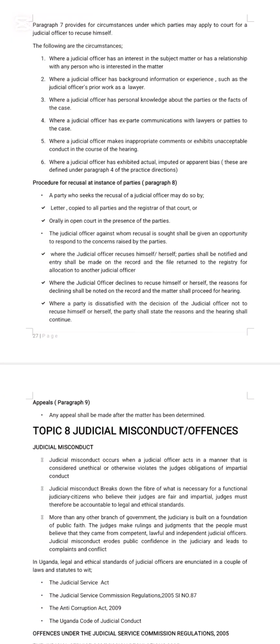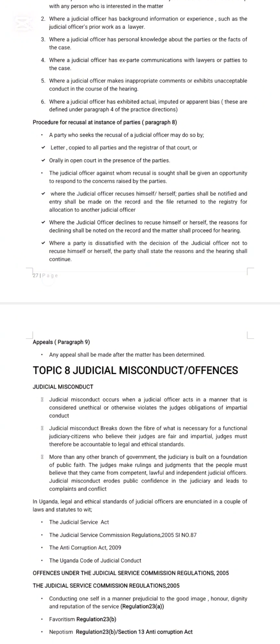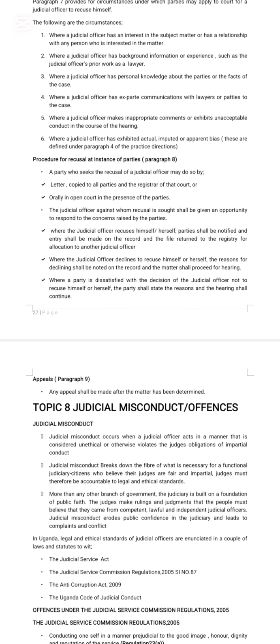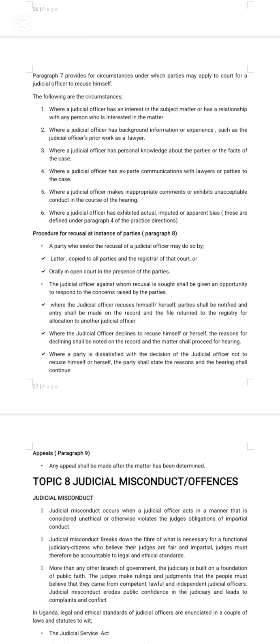Three, where a judicial officer has personal knowledge about the parties. Four, where a judicial officer has ex parte communication with lawyers. Five, where a judicial officer makes inappropriate comments. And six, where a judicial officer has exhibited actual, imputed, or apparent bias. So basically, under paragraph 7, we can see under what circumstances a party can apply to court for a judicial